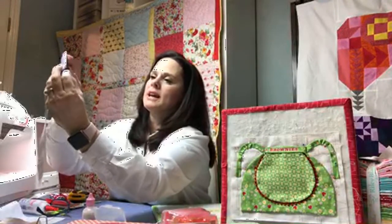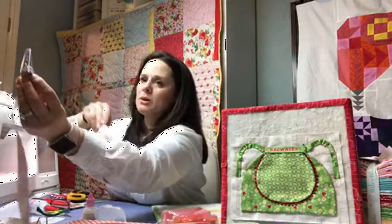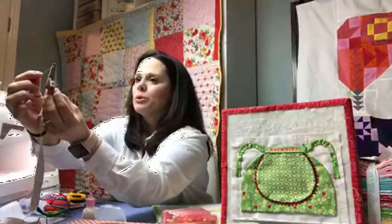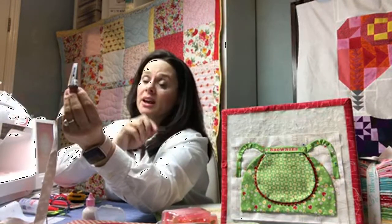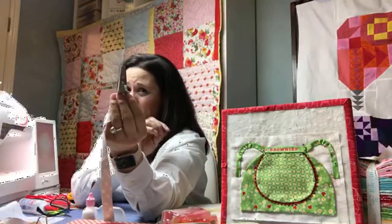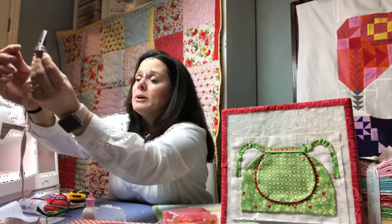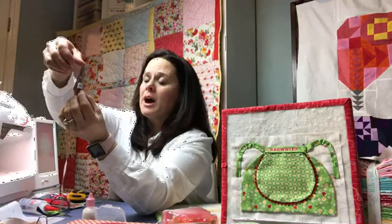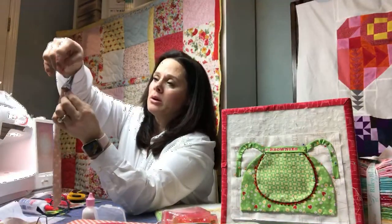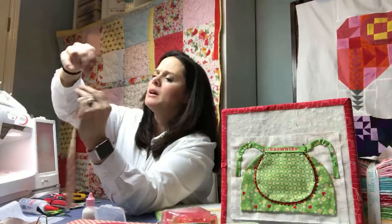And I'll show you this again. Now, it gets a little tricky to feed something to become so narrow. So there's a little groove in the bottom of this 3/8 inch bias tape maker. So there's that little tiny groove, and what you're going to do is actually take your pin and drag that fabric through, and this is one of Lori Holt's new quilting pins,